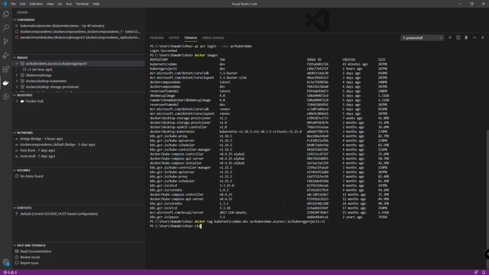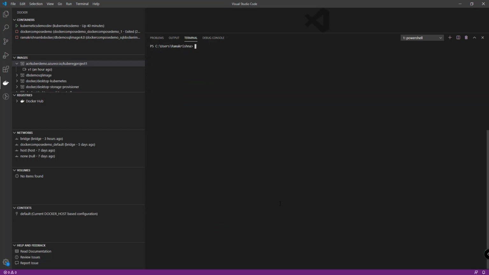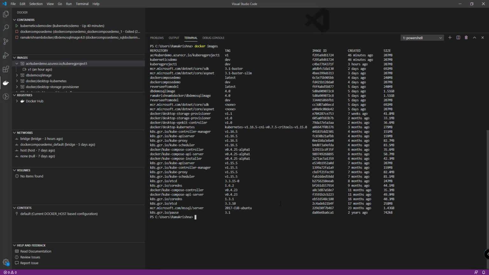Let me clear the command prompt. Let us list the images. We have our new pointer image created over here. You can observe that both images have the same image ID. So let us push this image to our container registry. Docker push, image path and the version v1.